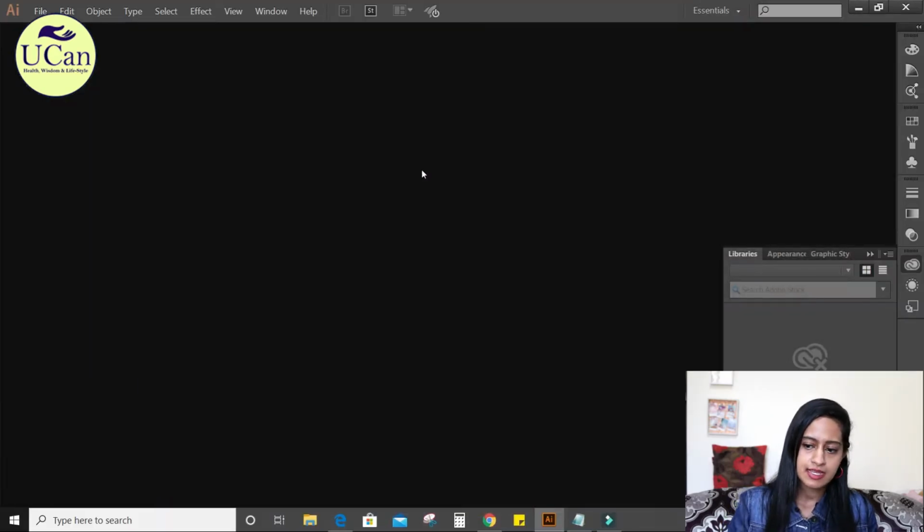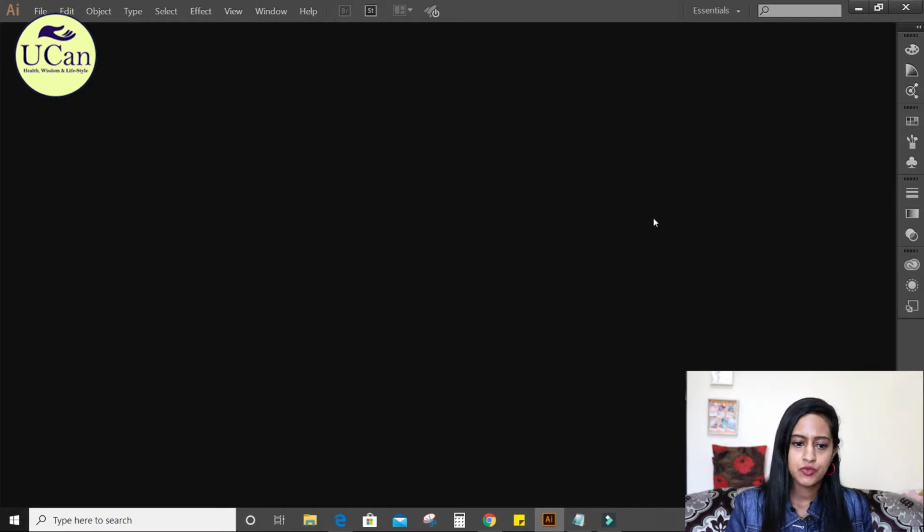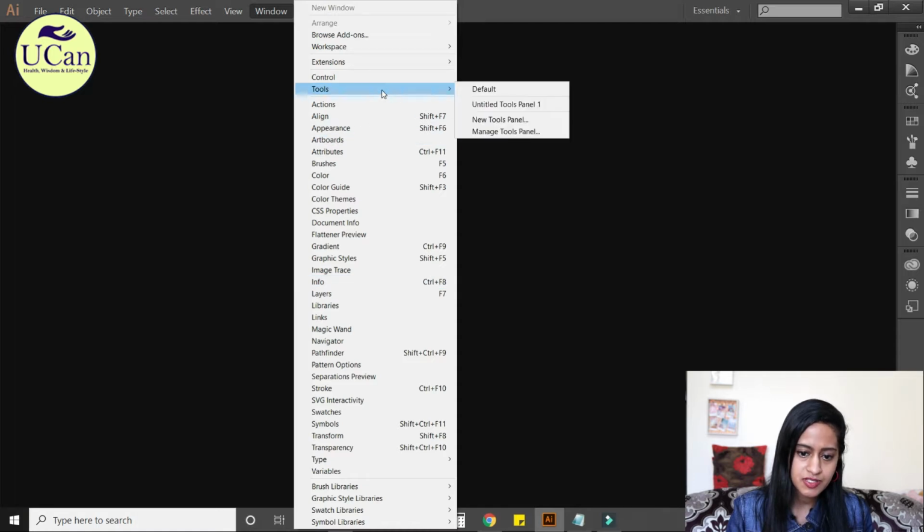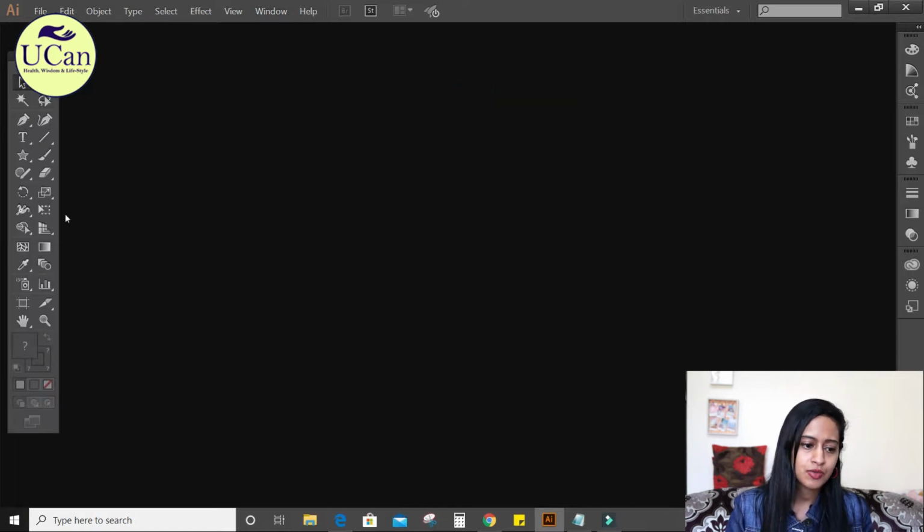So this is my Illustrator software. As you can see, once you open it, you will have all these options over here on the left, on the top. What you have to keep in mind is that you have to make sure that the main three preset bars are open. So how do you do it? You have to go to Windows. You have to first of all see if your toolbar is open, because everything which you have to design for is in the toolbar. So first check if your toolbar is open. I will just check it over here. Okay, it's not open, so I'll just go ahead and click the default. So you will get your toolbar here.